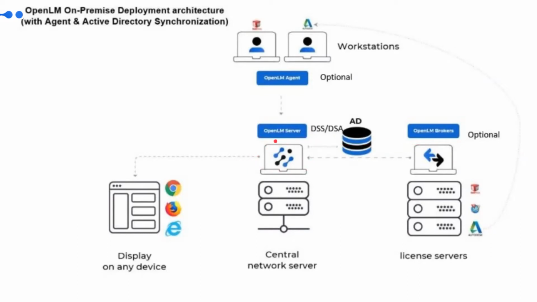Apart from that, we also have an optional component called OpenLM Agent. This is actually deployed on the end user workstations. This can be deployed using SCCM, GPO, or a silent script using a batch file. Now, why do we need OpenLM Agent? OpenLM Agent basically has two functionalities. It can monitor the processes running at the end user workstation. So for example, you have AutoCAD installed on the workstation and you want to monitor its idle session or its actual usage.